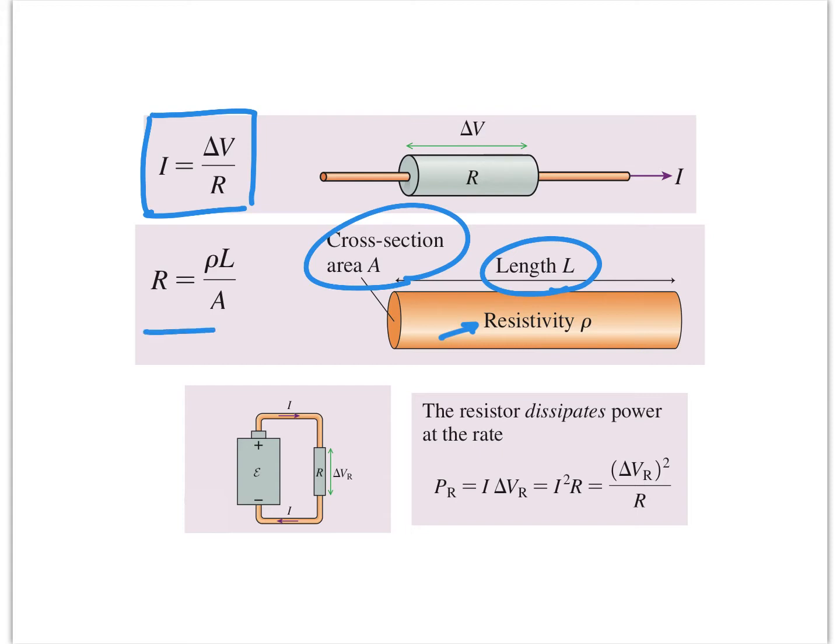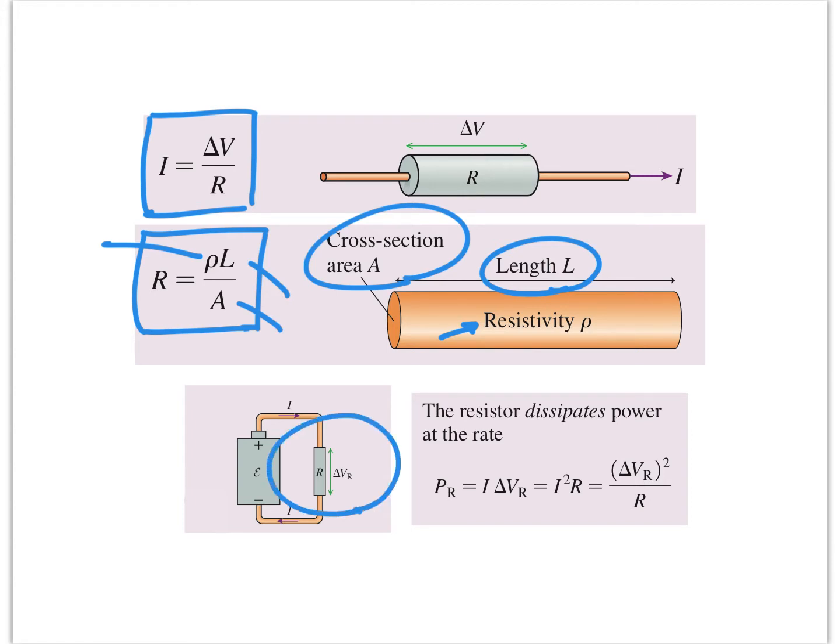And the value of the resistance is equal to rho times L divided by A. So one material variable and two geometric variables. And if you look at the rate of power dissipation in a resistor, there's three different ways we can write it. So I have energy being dissipated as thermal energy in a resistor, as we talked about on the previous slide,